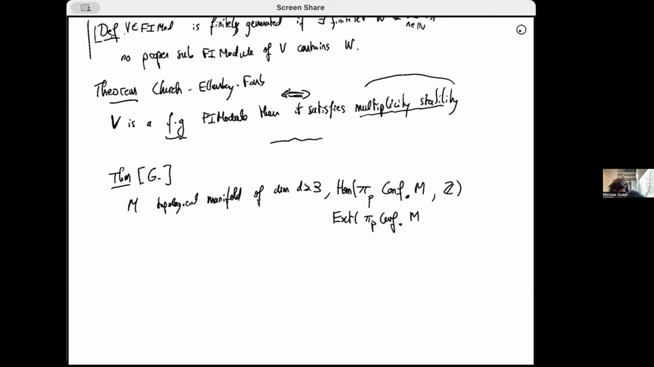So also, I didn't mention the fact that you need to find a base point for the homotopy groups to be well defined, and that's a little inconvenience, but still, this thing can have a structure of an FI module if M is of dimension greater than 3. And I can look at these two groups, which would be FI modules,